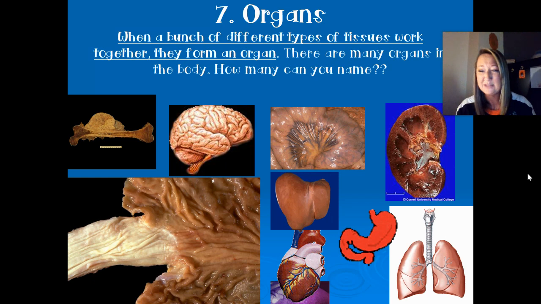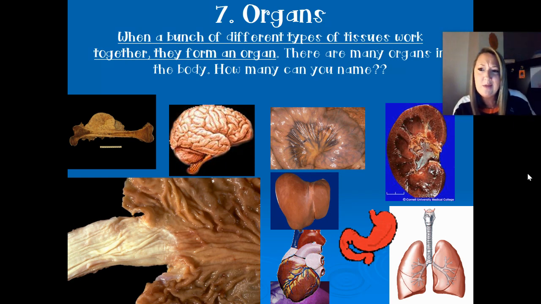You've got your kidneys, which are helping you filter out your blood. You've got your liver that's helping you remove toxins. You've got your heart that's keeping everything pumping. You've got your lungs that get oxygen. You've got so many different organs in your body that help you to do specific things, right? So these groups of tissues form organs.